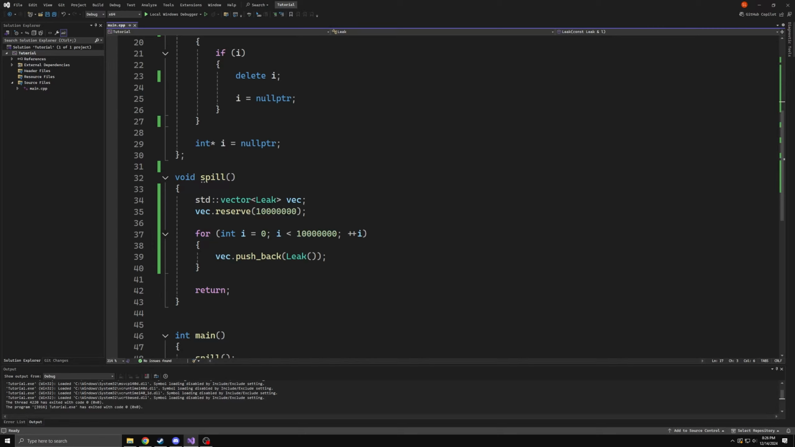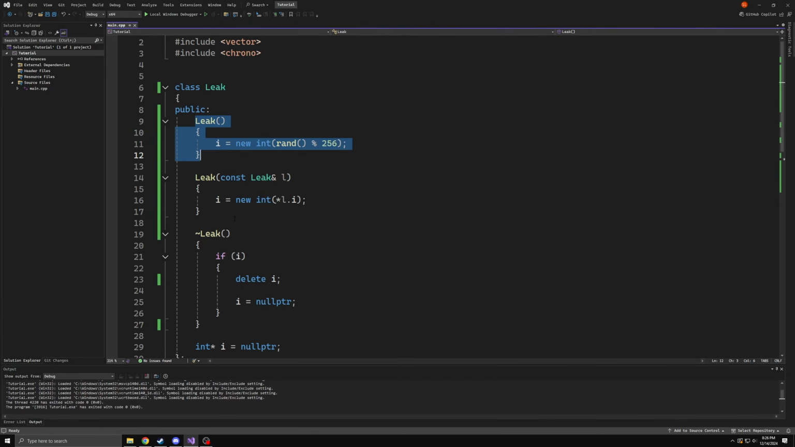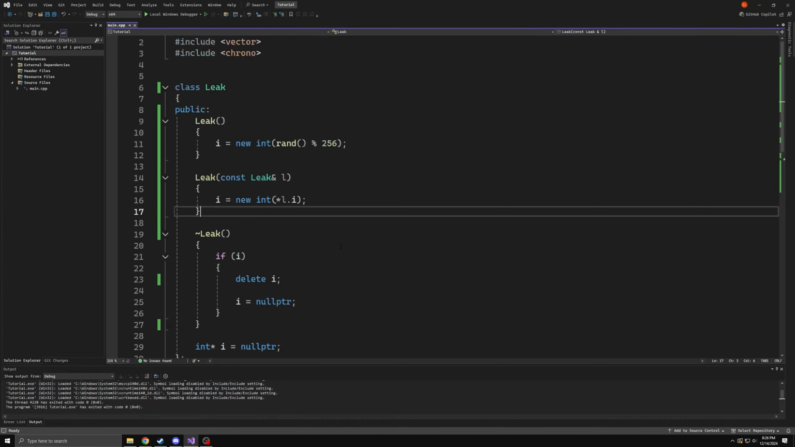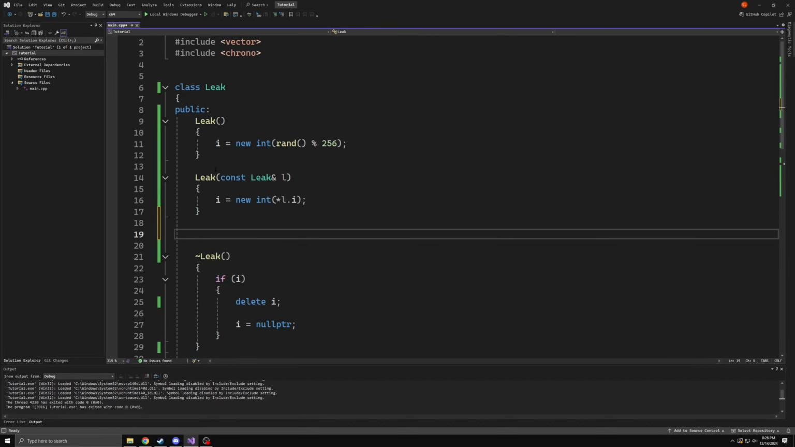So the vector is going to get an object that's created from this newly created temporary object that we're creating 10 million times. So we're getting 20 million calls: 10 million calls of this, and then 10 million calls of this. So clearly something's not right. Now, first I'll just show you that since we got a copy constructor, we